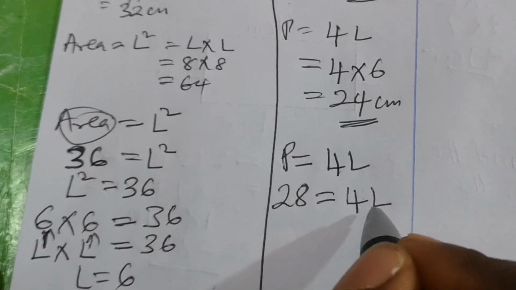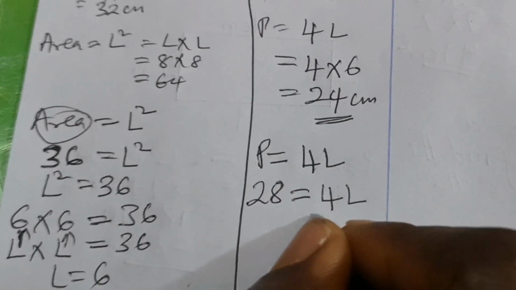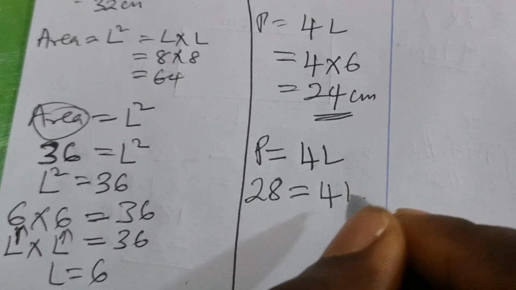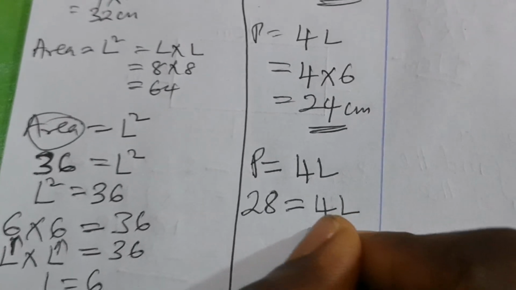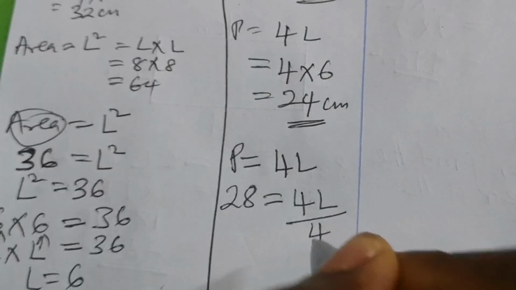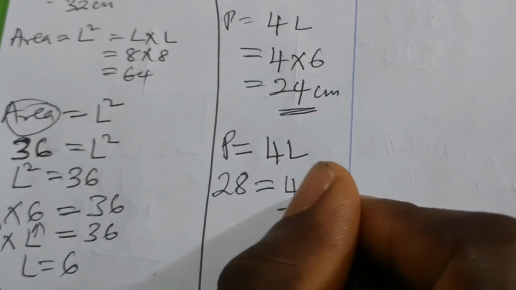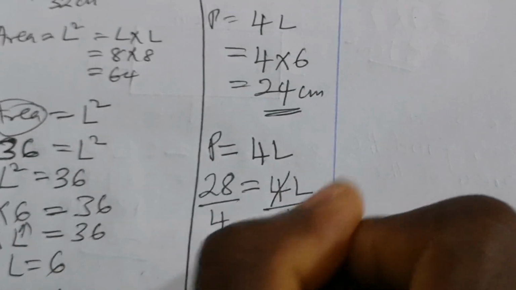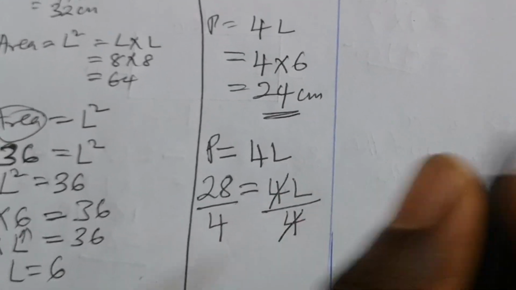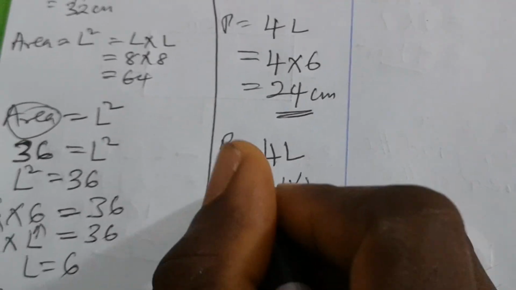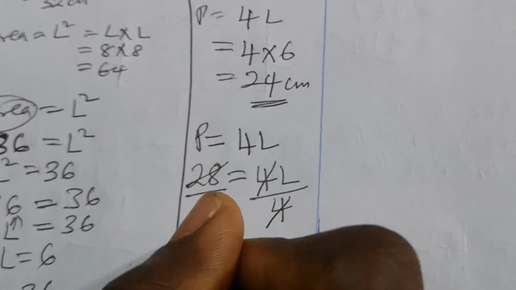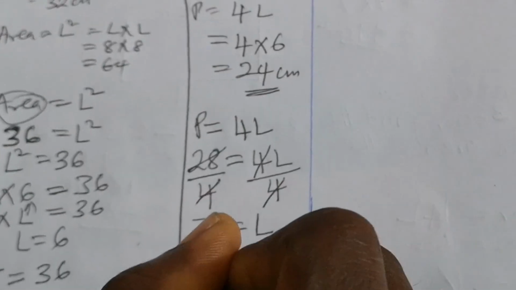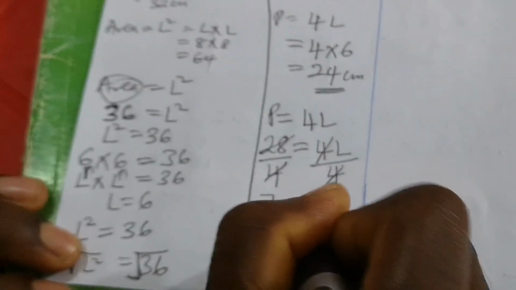For us to find the value of L, we need to remove this 4 that is disturbing L. How do we remove the 4? We remove it by dividing by 4. Since we are dividing this side by 4, we equally divide the other side by 4. So 4 cancel 4 is 1. Now 28 divided by 4 is 7, which is equal to L. Therefore, L is 7